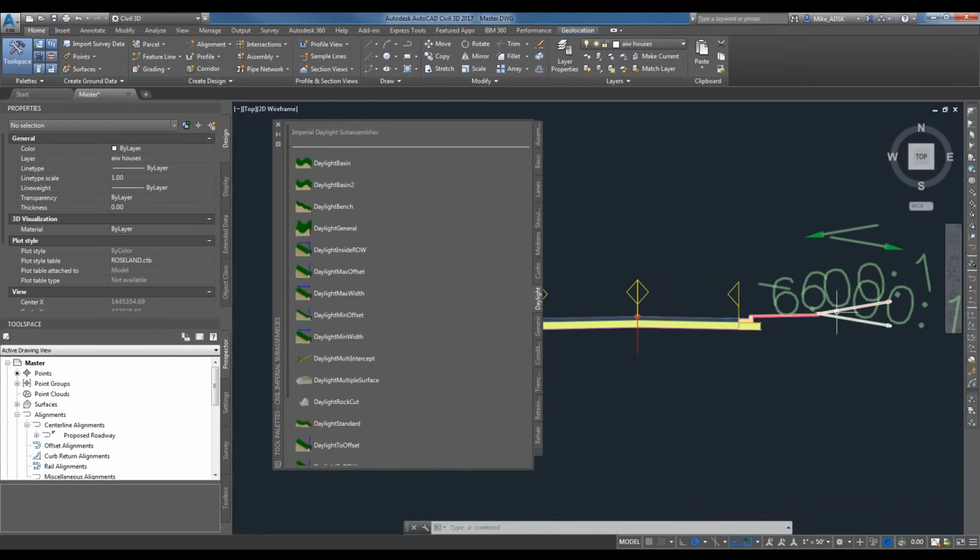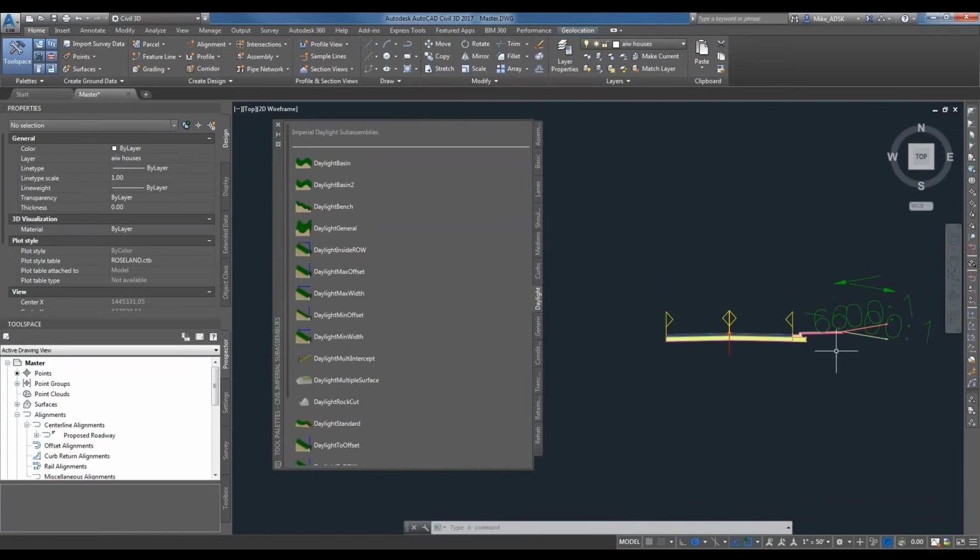So what this is going to do is, if our roadway is going to be a cut, it's going to go up till it meets it. If it's going to be a fill, it's going to go down till it meets it. So now that we have this all set up,